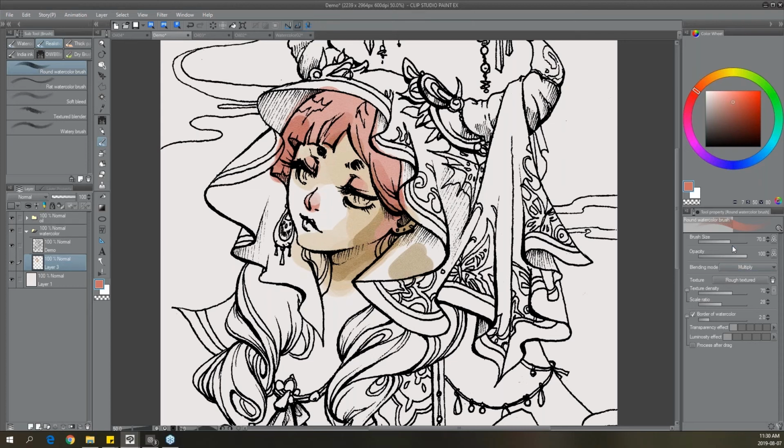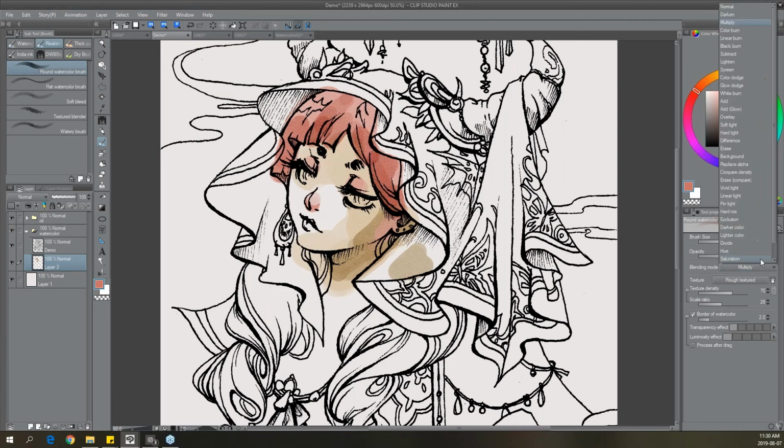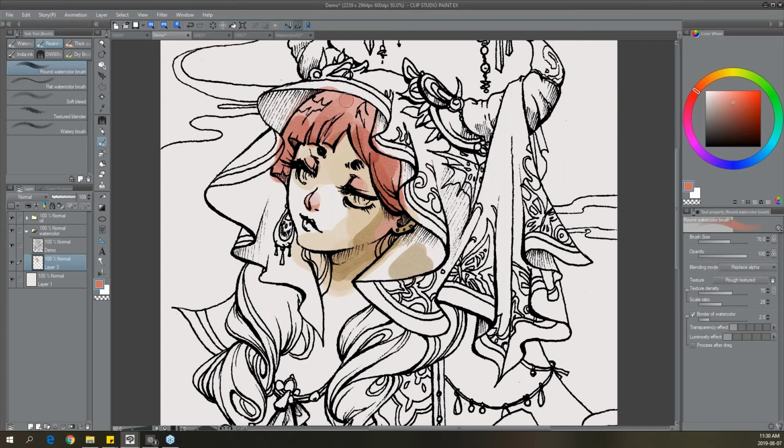So right now we're using the multiply one, so we can put in some stuff. And if I feel like it just doesn't look that great, like too many rough patches that I don't care about, I go into replace alpha and I go over it again to smooth it out. So I basically use just one brush and I can get my hard edges and my soft edges. This is what I really like about Clip Studio Paint: I don't have to be switching tools around all the time, you know? I just use one tool, I change the setting and I'm happy with that. I can blend,